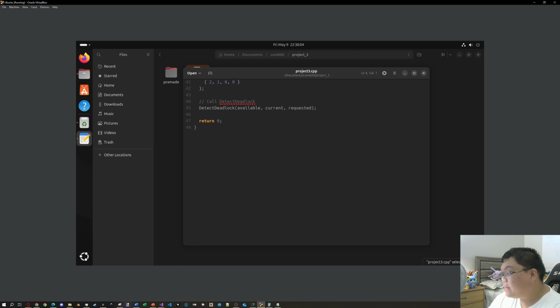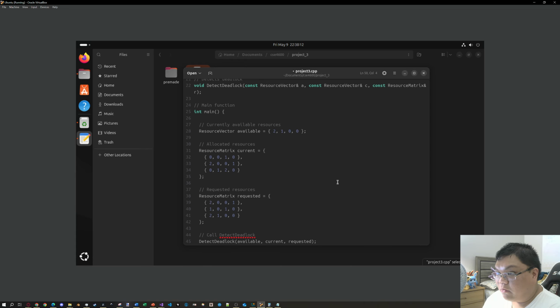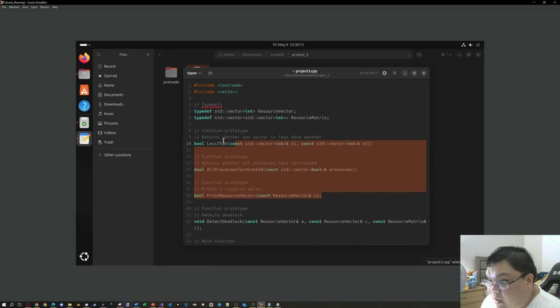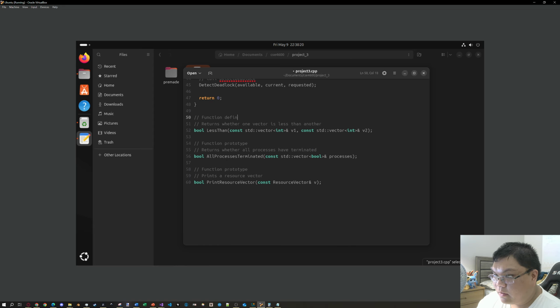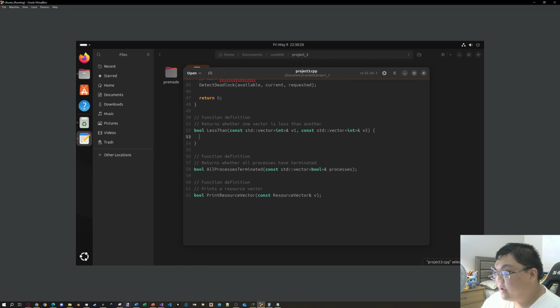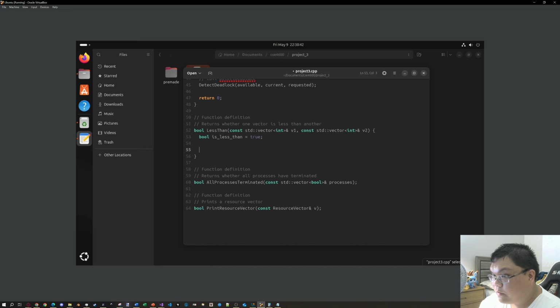So let's do that. So the 3 helper functions are pretty simple to define. Let's do that real quick. What I'm going to do is I'm just going to copy these 3, paste them down here. So these are our 3 function definitions. I'm just going to define our less than function as follows. I'm going to define a bool up here, lessThanEquals true, and